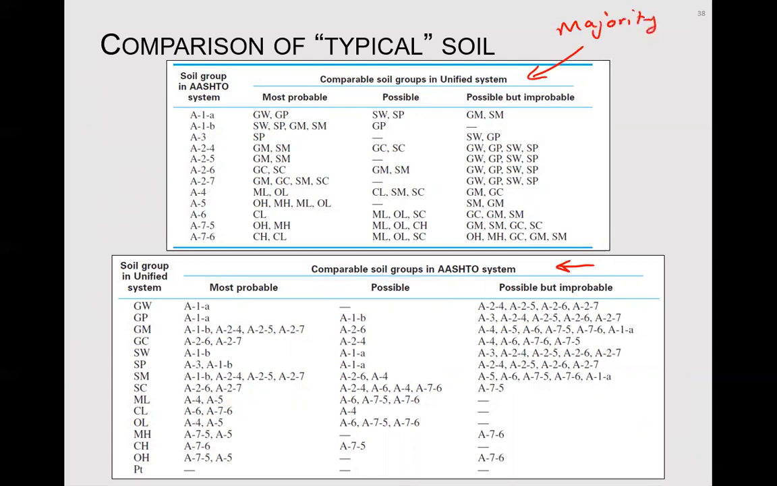But if you're working on a roadway project and you need subgrade fill, then you would have to have AASHTO. So knowing where some locations are for borrow material might be helpful. If you have an SP or an SW, then those will most likely be A3 or A1, because that's good